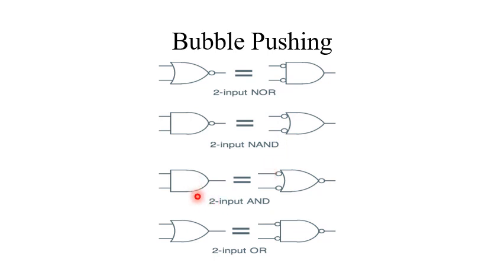Here AND is present. This AND is replaced by one NOR gate. The NOT gate does not appear at the output. In the translation process, the NOT operation moves and we have bubbles at the inputs. In the same way, the OR gate is translated and replaced by an AND gate. In this AND gate also, we have the NOT operation at the output and bubbles at the inputs. These are the bubble pushing operations.